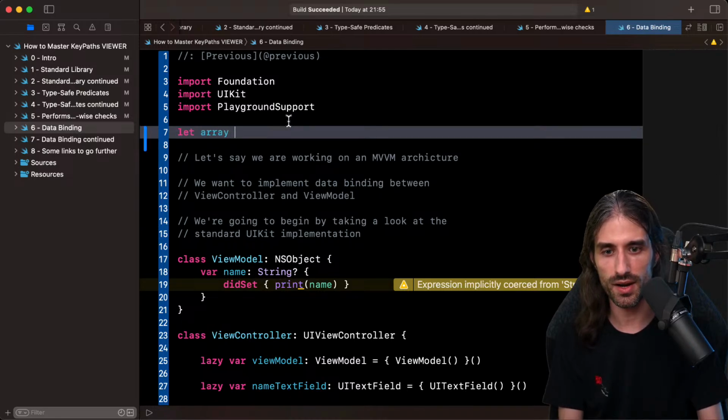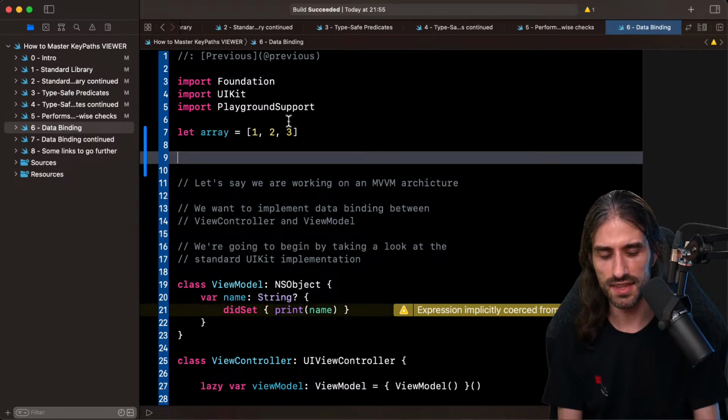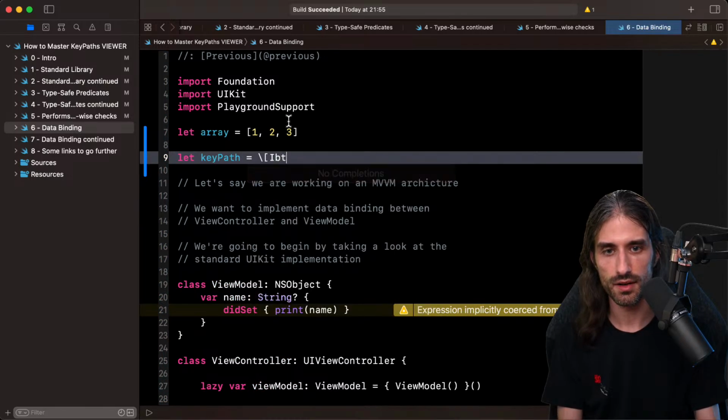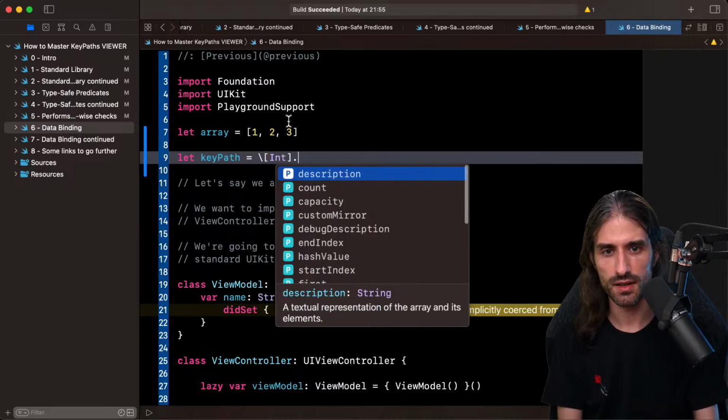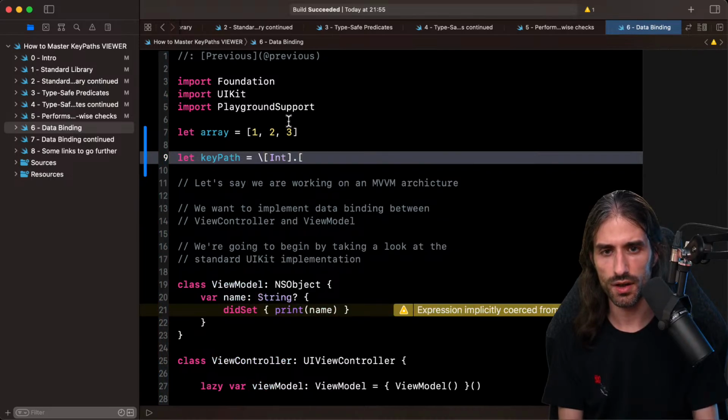So I have my array here, which is going to be 1, 2, 3, for instance. And then I can take a key path. It's going to be a key path that has for root an array of Int, and the value. How do you write it?